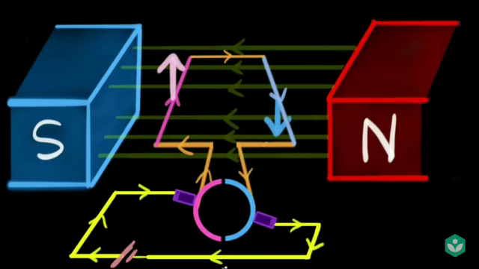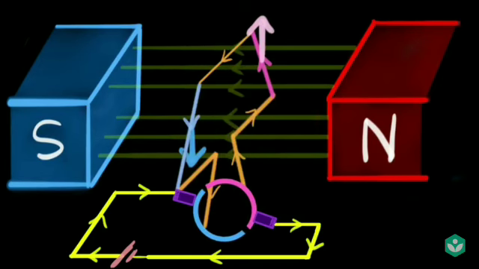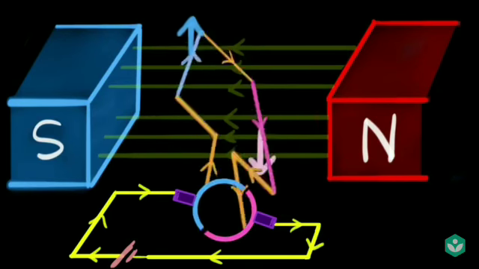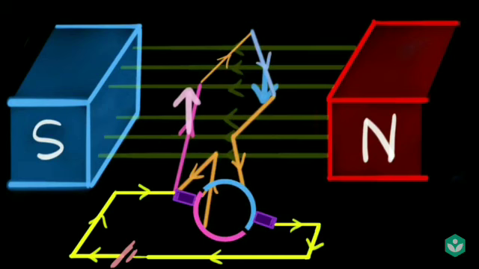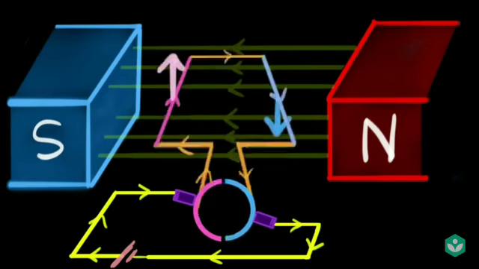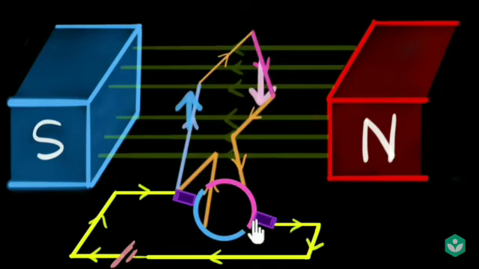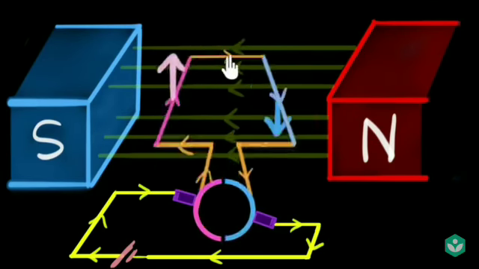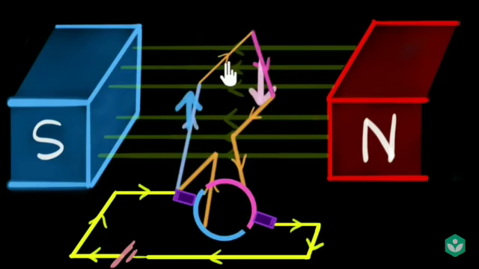So what did we learn in this video? We have learned that the motor consists of a couple of magnets and a current carrying coil. The magnetic field pushes the coil, making it rotate, and the important thing is every time our coil comes perpendicular to the magnetic field like this, we want the current to change direction. That is achieved by a commutator, which is basically two split metallic rings and a couple of carbon brushes. Changing the direction of the current changes the direction of the forces and ensures that the motor keeps spinning in the same direction. And so this is how we convert electricity into rotation.